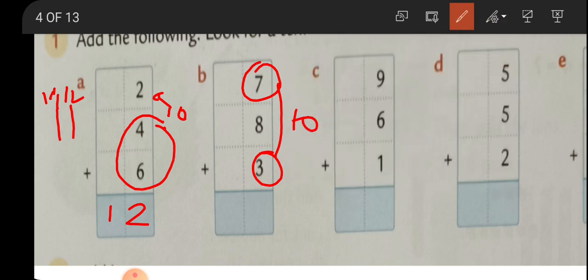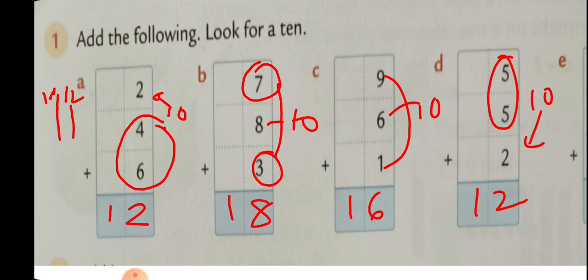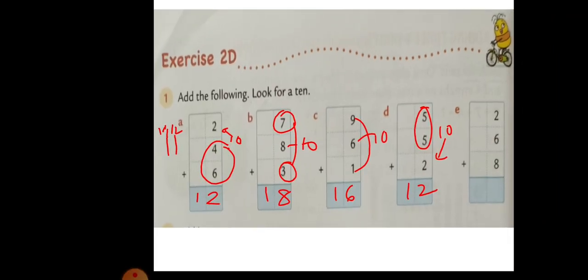Okay, let's begin now. Here 7 plus 3 is 10. 10 plus 8 will give you 18. Here let us find out, 9 plus 1 will give you 10. 10 plus 6 will give you 16. Any number, when you add just one digit to 10, that digit becomes the answer. Okay, then 5 plus 5 is 10. 10 plus 2, this 1 and 2 will give you 12. Just now I told you, na? 10 plus 3, 13. 10 plus 4, 14. 10 plus 5, 15. It becomes so easy. Okay. Yes, next now.